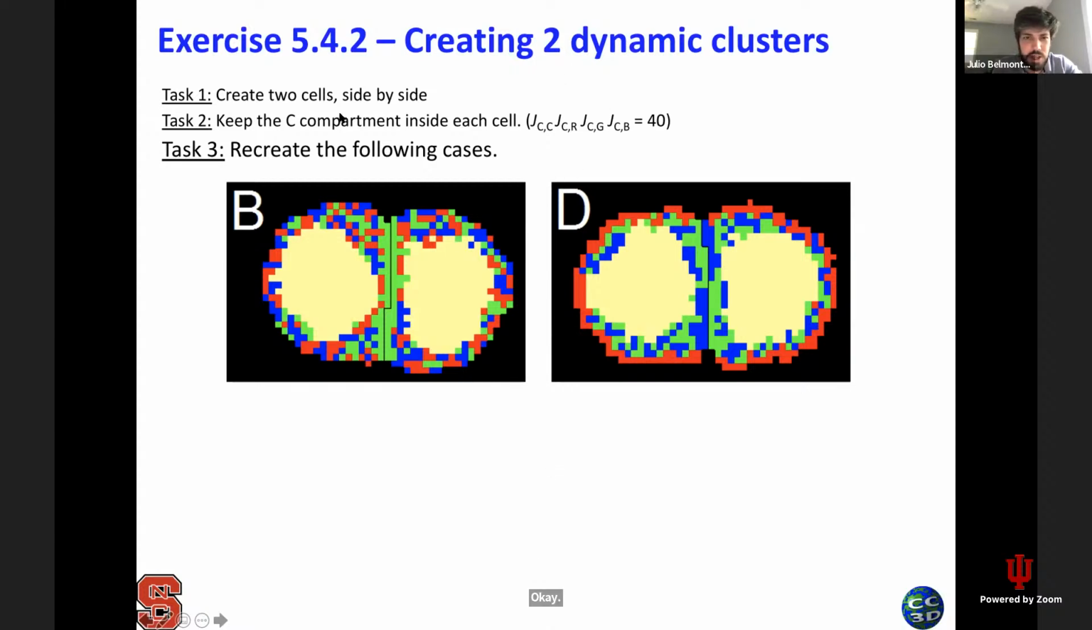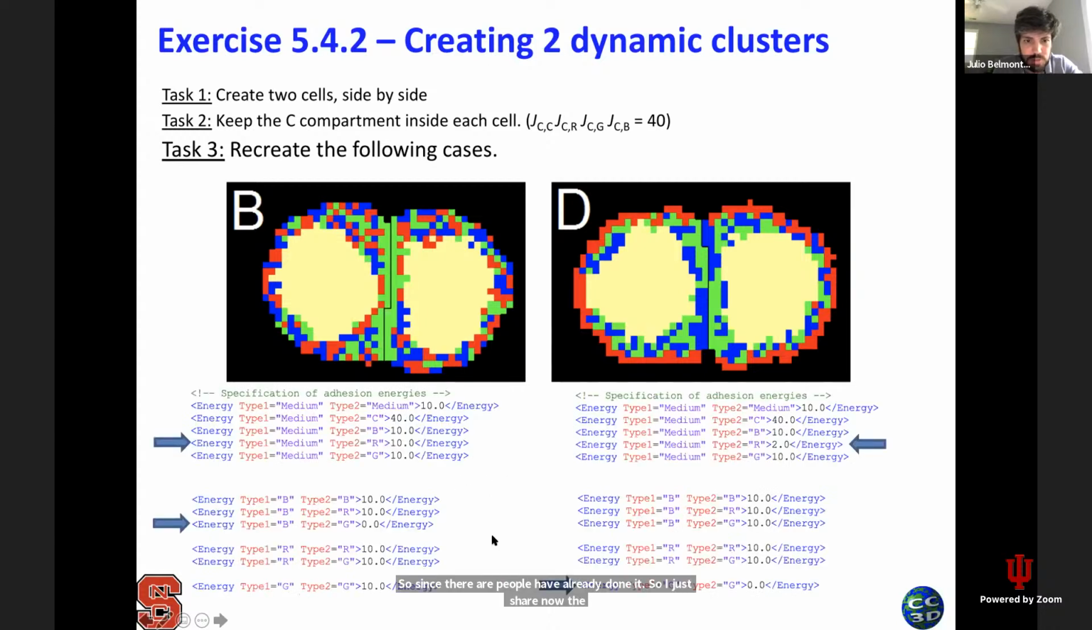Okay, so I think that a lot of people have already done it. So I just share now what I use to reproduce those two cases. So on the left one, what I did is I just reduced the external contact energy between the